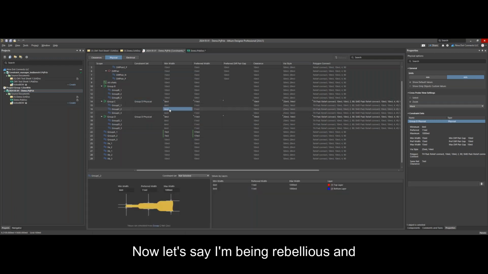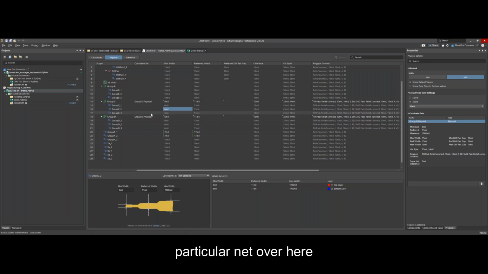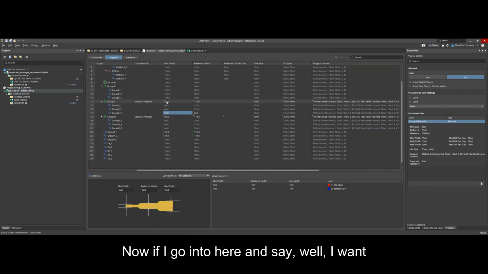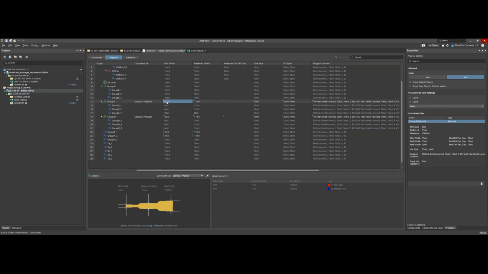Now, let's say I'm being rebellious and saying, well, you know what, this particular net over here needs to be 7 mils. I can still do that, okay? And so it's not like this is a hard step. Now, if I go into here and say, well, I want all these to be 7, and say, okay, what